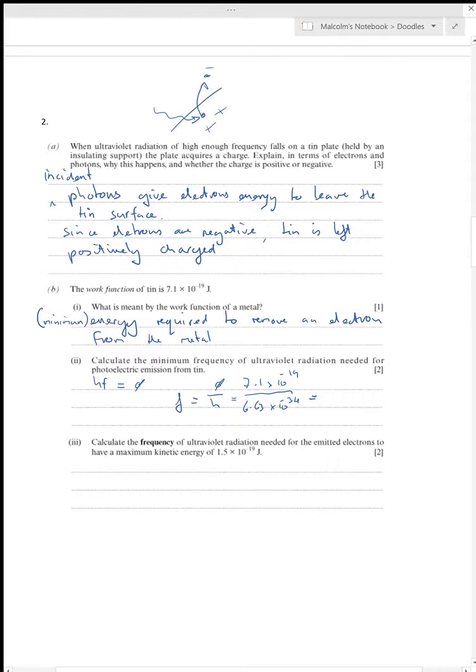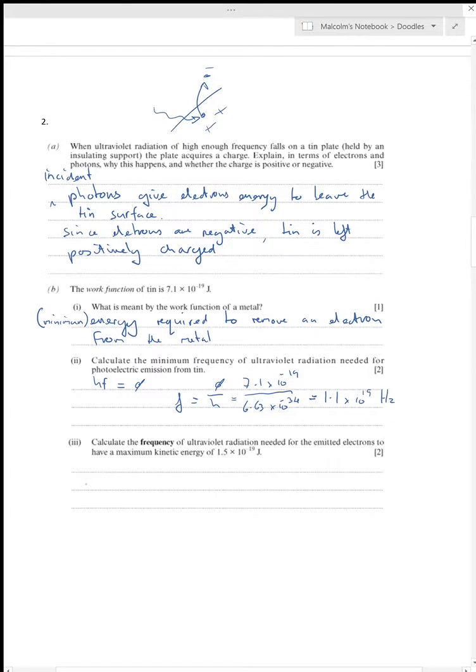So that looks like a job for the calculator. Let me plug that in. 7.1 times 10 to the minus 19 divided by 6.63 times 10 to the minus 34. And I've got 1.07 times 10 to the 15. So 1.1 times 10 to the 15 hertz. Calculate the frequency of ultraviolet radiation needed for the emitted electrons to have a maximum kinetic energy of 1.5 times